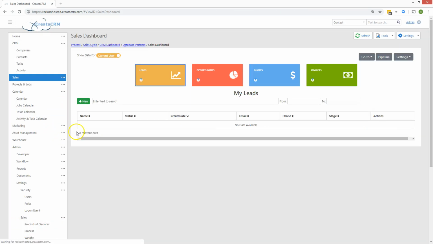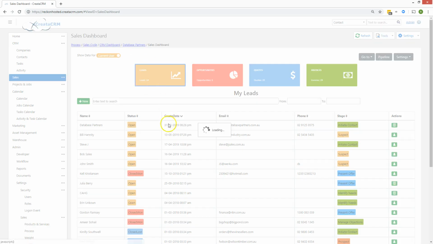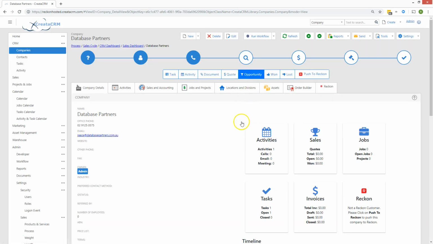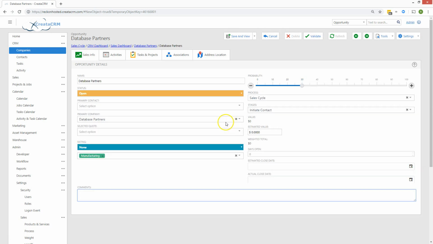Okay, back to sales. So I've done a lead. Now, that's a bit of information, and you may not take it. I'm going to go to the next step. I'm going to go to the organization and move down the tree. So I'm going to create an opportunity. An opportunity is gathering information. Again, this may not be for you, but I'm just going to go through it with you. Gathering information, where I've just put the name of the opportunity. It could be